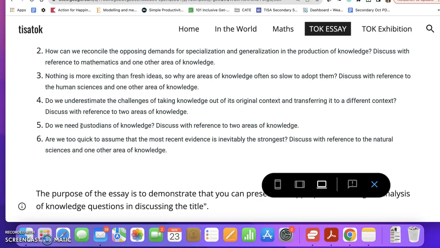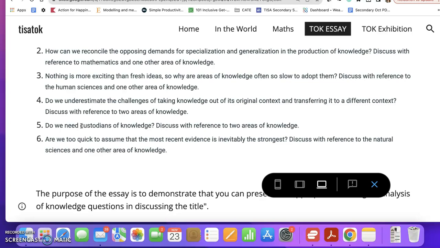What she would want to do after exploring the answer in her EE in Spanish is think about some other questions that kicks up. So if in the arts, custodians of knowledge can sometimes be helpful, she might ask questions like, who is best suited to be a custodian of knowledge? Are custodians of knowledge always necessary or sometimes necessary? If so, what is it about the knowledge process that makes them necessary or not?